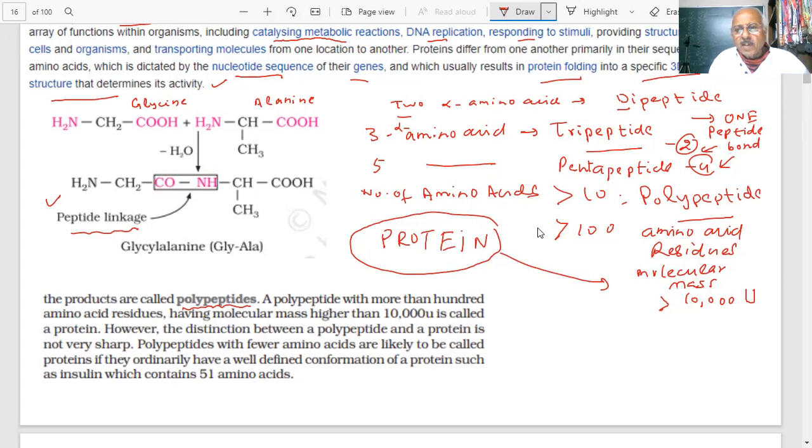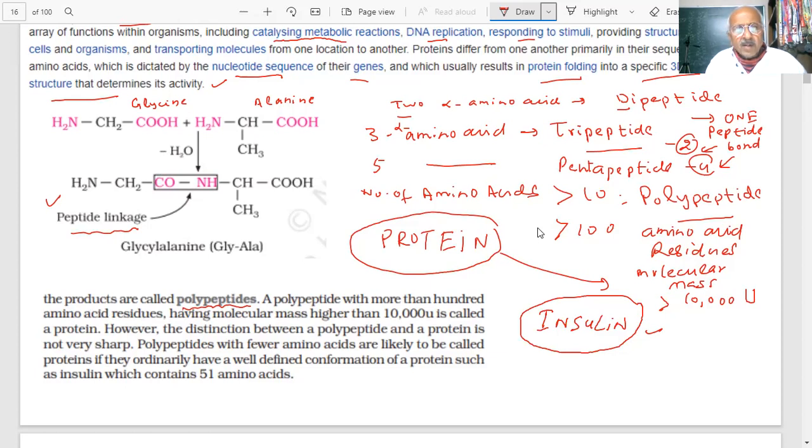For example, insulin. Tell me, what is insulin? Where is it used? Insulin is being used for what purpose? Insulin is produced by the pancreas in the body. What is the function of that? I am not a bio student. You have been a bio student. You will learn more about this.